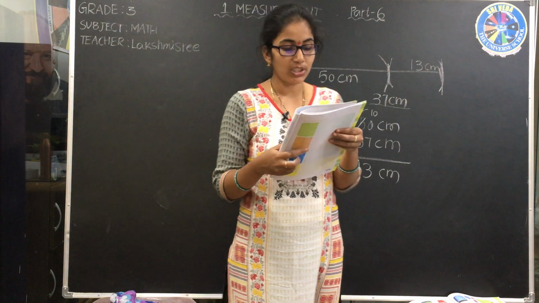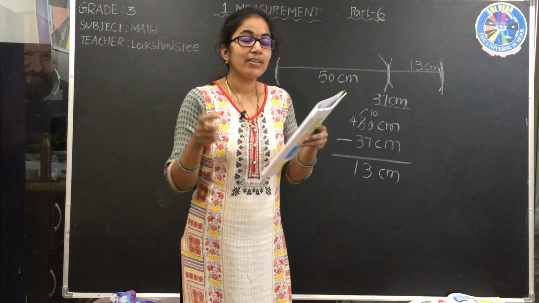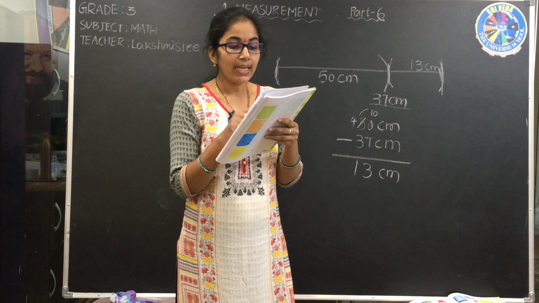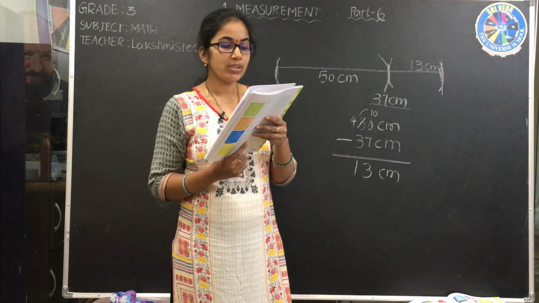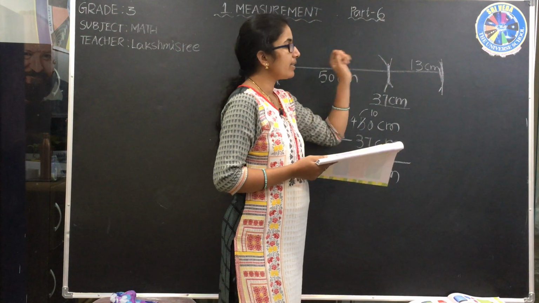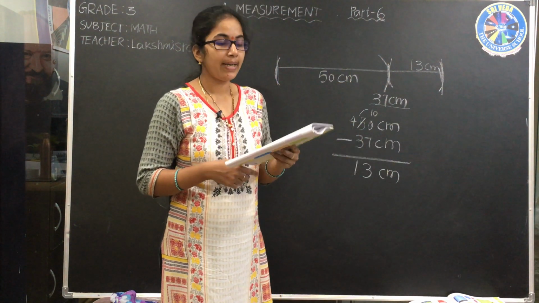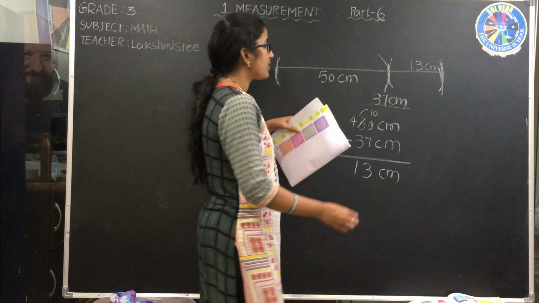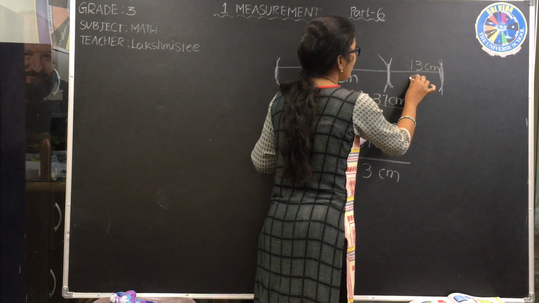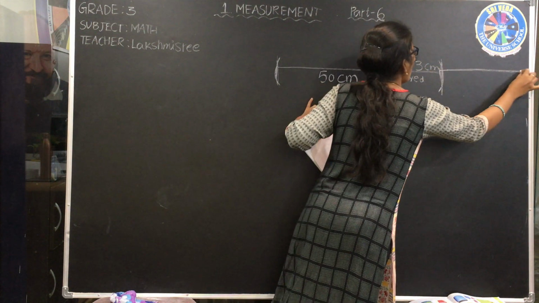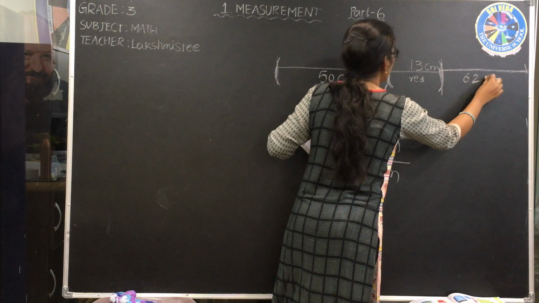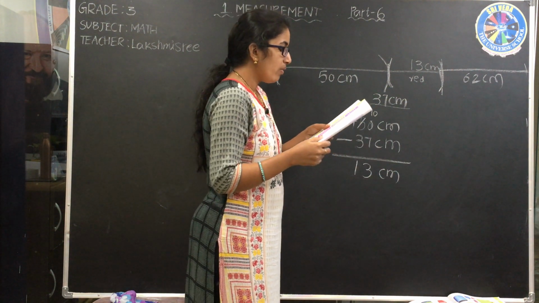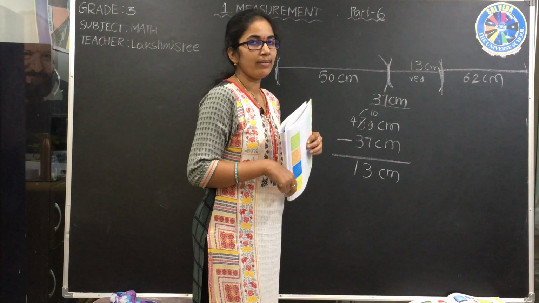Our question is not yet finished, children. See, he then tied, means added, attached a green ribbon. Okay, first he used a red color ribbon. He cut the red color ribbon and then he added a green ribbon which was 62 centimeters long. So this is left, right, the red color ribbon. For this he added 62 centimeters of ribbon. Okay. So what is the length of the new ribbon?